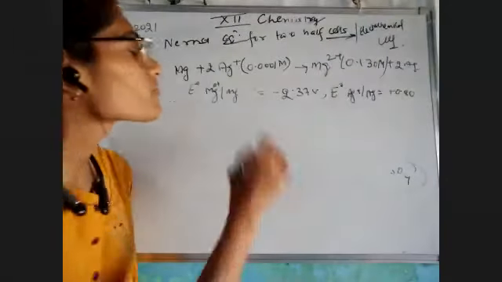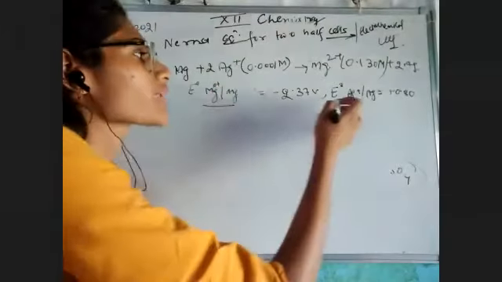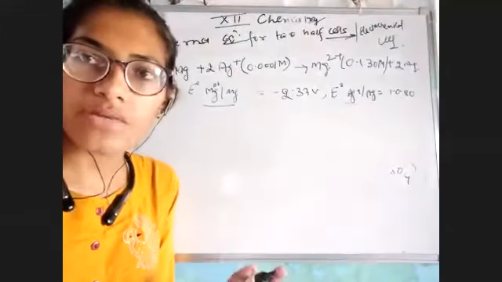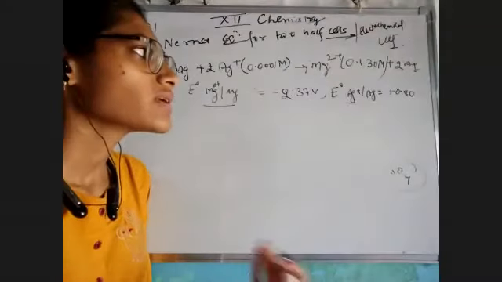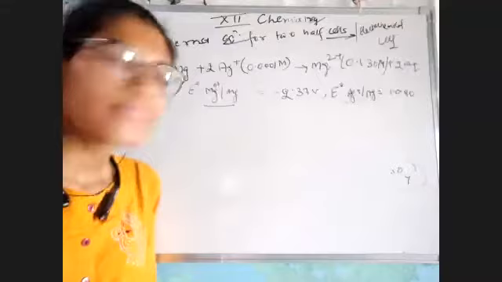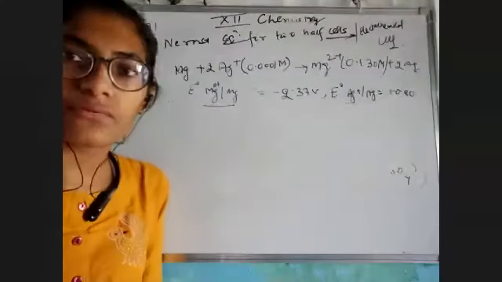First of all, bache, we have been provided with the reduction potential. So we do not have any kind of tension because we have been provided with reduction potential. We can directly put it into the E naught cell value and calculate. We do not need to change any kind of sign over.